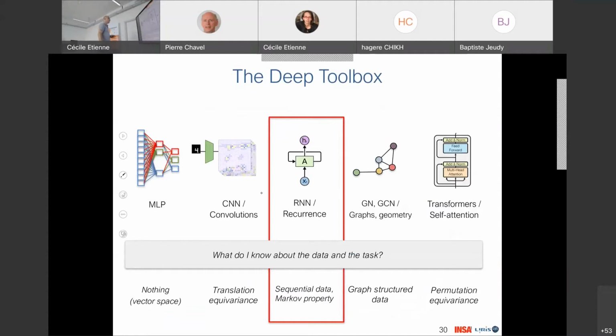Okay. So now, going from MLPs to convolutions is basically something we do when our data has some spatial structure, for example, images, but it can also be temporal structure. I can do convolutions over time only, okay? Something else I can do when I have time series, sequential data, is use what are called recurrent